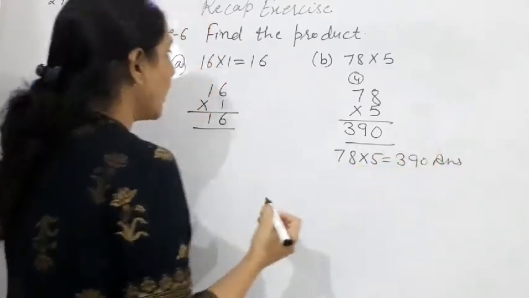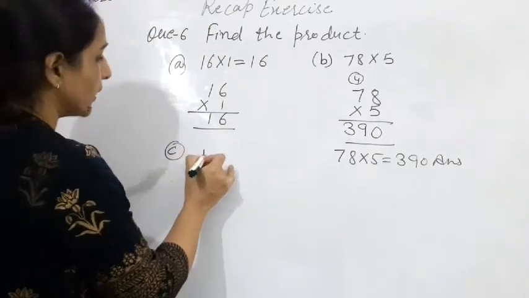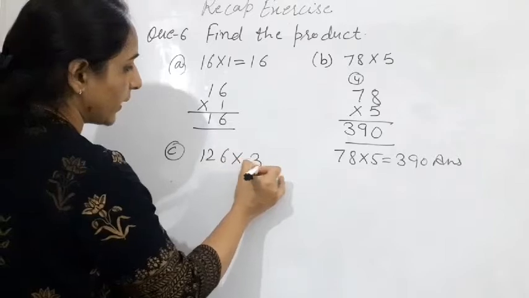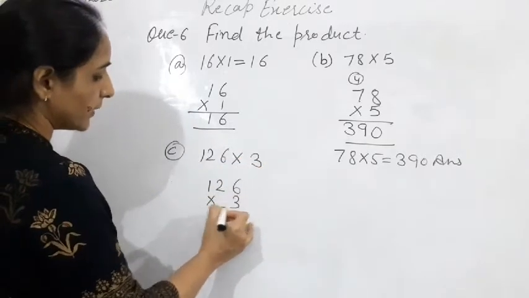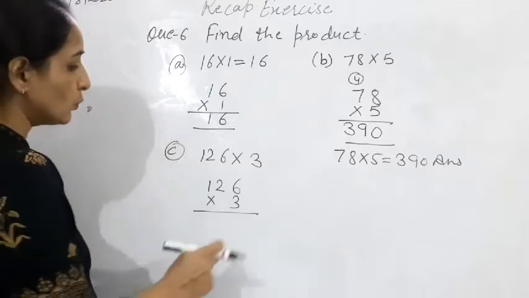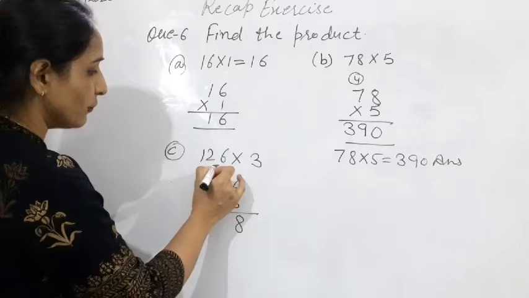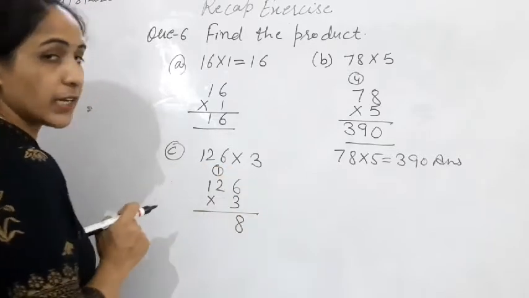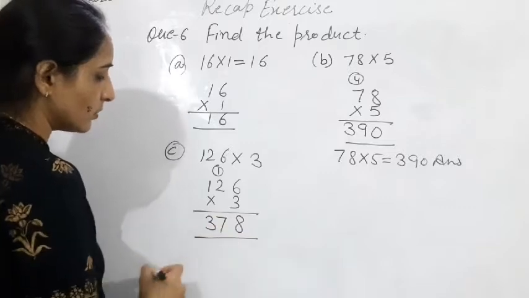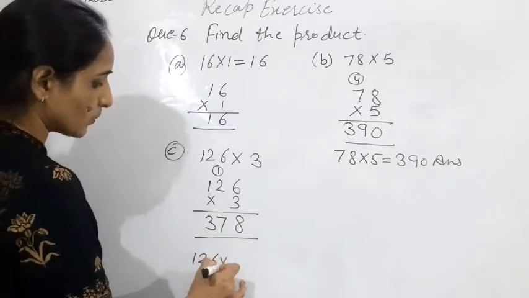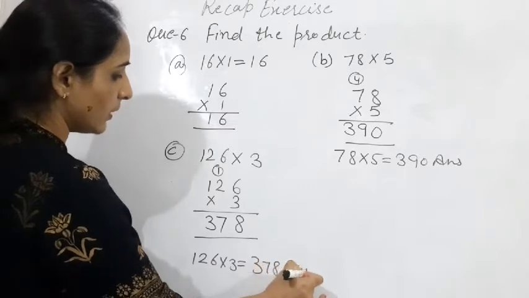That is the answer. Now part number C is here. 126 multiplied by 3. You write 126 multiplied by 3. Let's see how we do. 3 6 ja 18. 1 of carry here. 3 2 ja 6 and 1 7 and 3 1 ja 3. So 126 multiplied by 3, it's 378 is the answer.